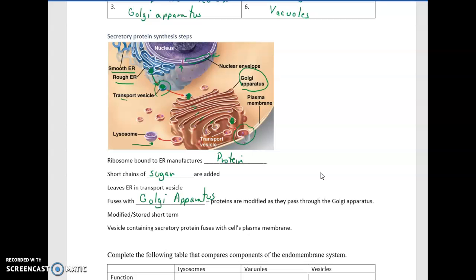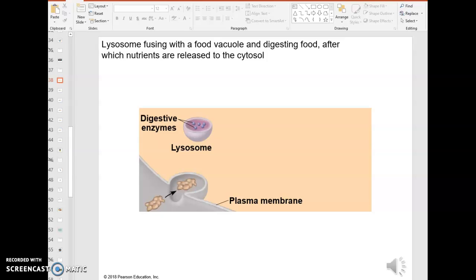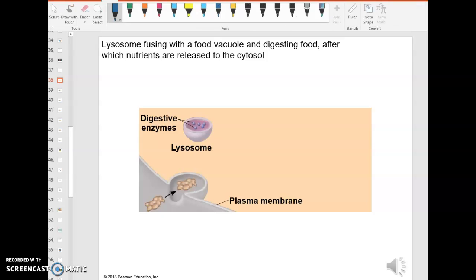Before we go on and look at this table, I want to go to the PowerPoint and look at some other vesicles that may be formed. This is the lysosome, and it's got some digestive enzymes in it. And this is the cell in here, and this is outside the cell. So this is some food or other particles that we want to